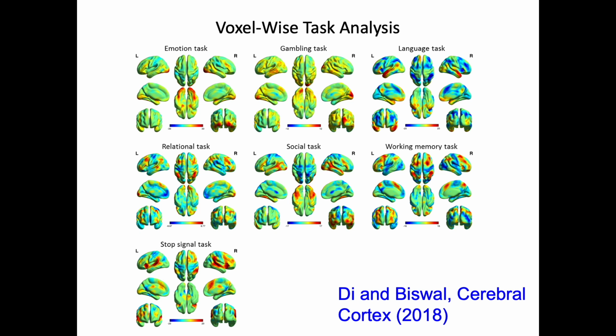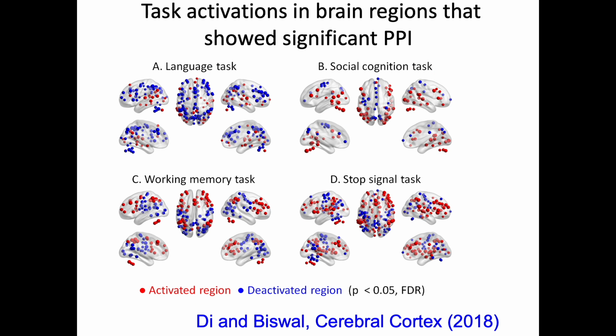And what we observe is activation very similar to study done by Diana Barch and colleagues at WashU, basically showing the same activation by doing GLM analysis. But then we used PPI analysis, and what we show is ROI-wise activation in 4 tasks that later showed significant psychophysiological interaction. Red and blue regions indicate increased and decreased activation during task condition compared with respective control condition, again suggesting a much more widespread interaction even during task